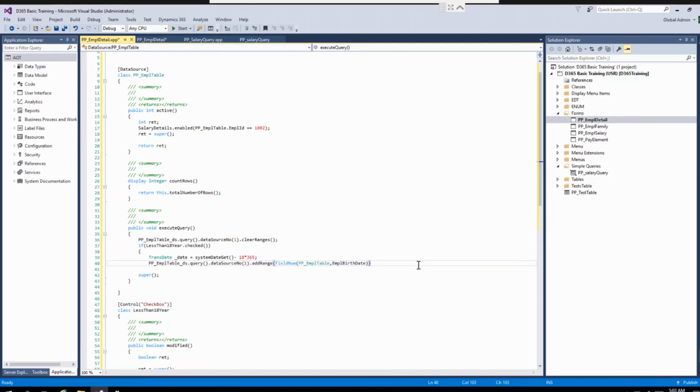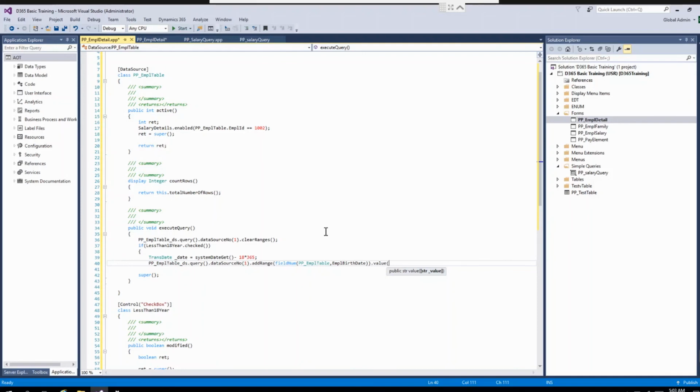Now we have to pass value in this range to get the value, dot value, and we have to pass value in range. Yeah, 18 years before till date we have to filter that data. If that control is ticked, we want to get the data of the employees having the age less than 18 years. So for that we have to pass the date range.